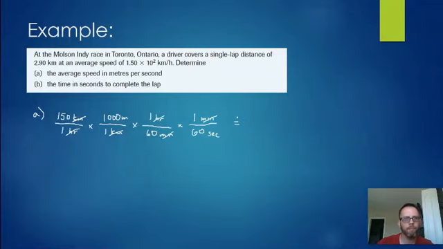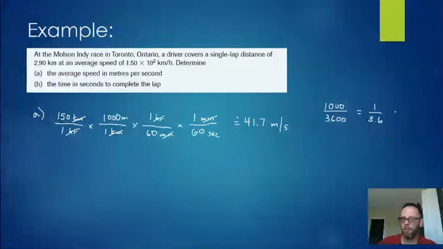So we get about 41.7 meters per second. Now, this can be impractical to do every time. You want your speed in meters per second. So if we look at what we did here, we ended up multiplying by 1,000 and dividing by 60 times 60, which is 3,600. If you divide both of those by 1,000, you're left